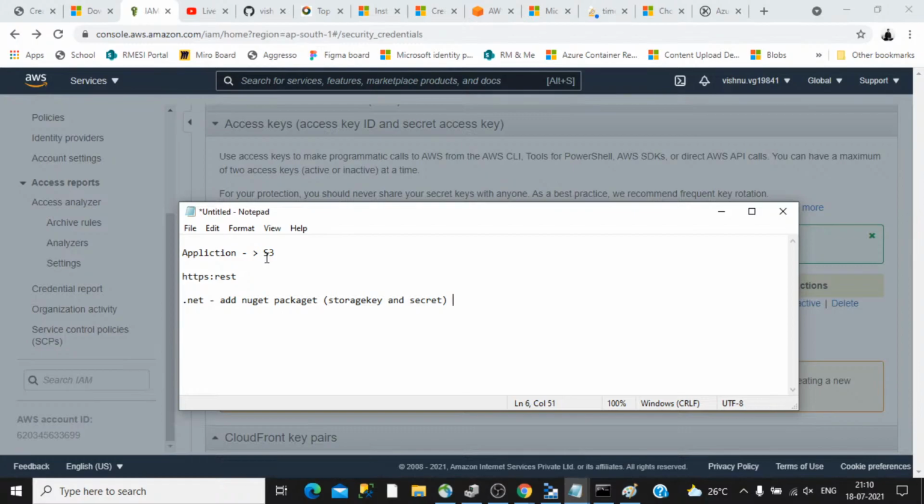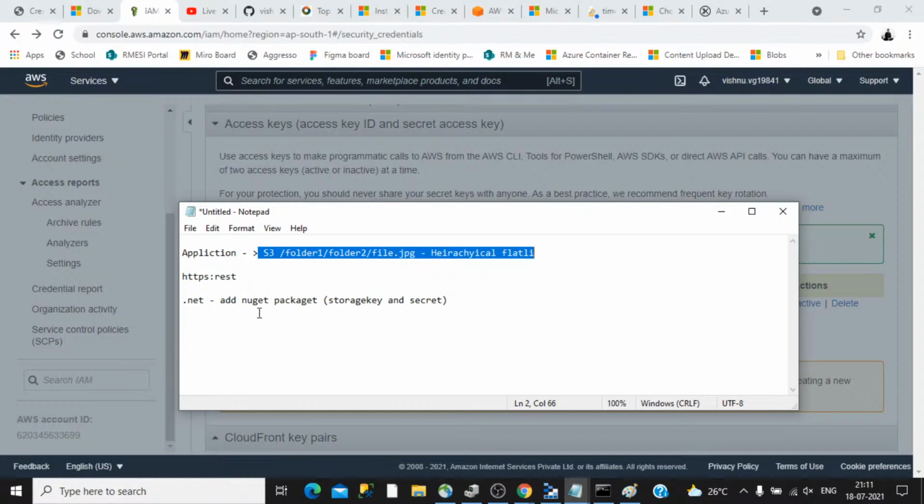Like if you want to store something in this S3 bucket, you can create a kind of hierarchy. There is no folder concept, it's a kind of hierarchy, like folder 1 / folder 2 / file.jpg. So this can be considered a kind of folder structure, but actually it's not a folder structure, it's a hierarchical naming on top of a flat file structure, and that is what we are going to use in S3.